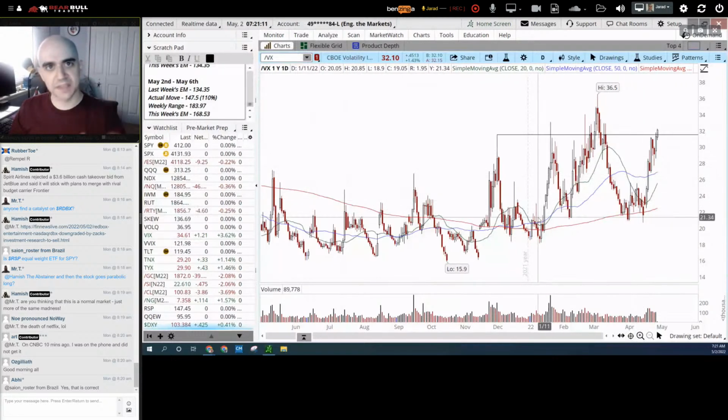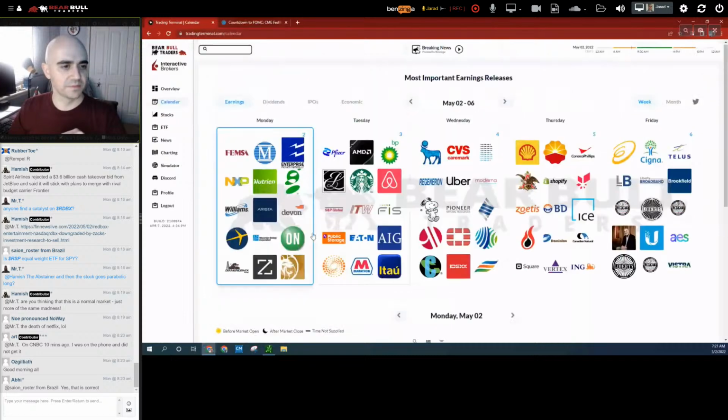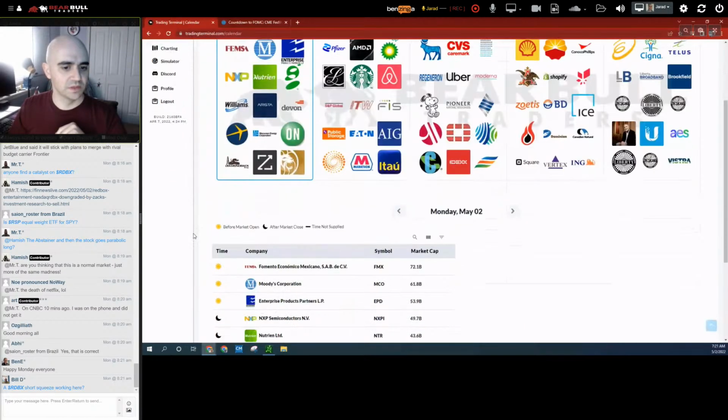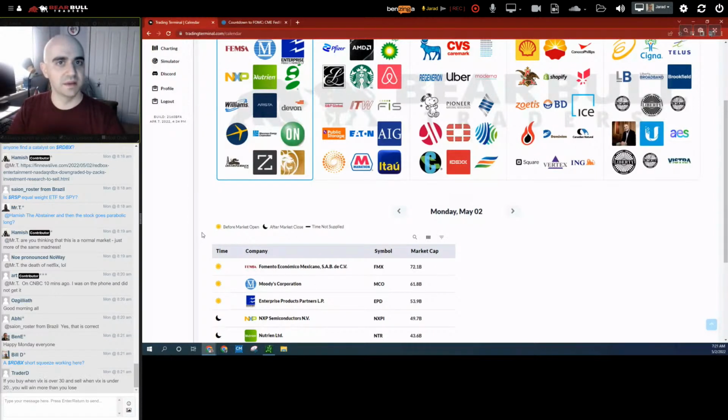So as far as what this week has in store, what are some things you can be looking out for? Well, here is our trading terminal from Bearable Traders. I'm on the calendar section and I'm looking at earnings. One thing to note is we are not necessarily out of earnings, but we're out of a lot of the heavy hitters. There are definitely going to be some intraday stocks in play, and some possible sentiment plays, but overall, the big market cap names are complete.